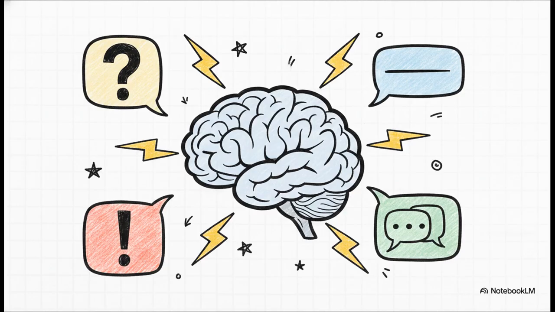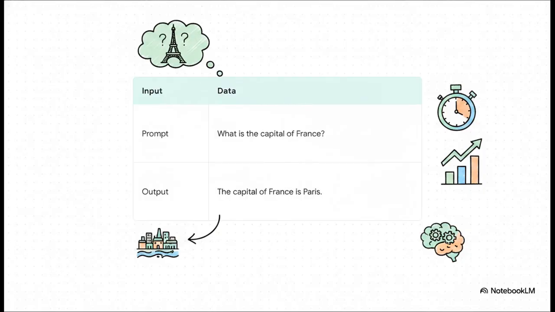Now, we want the model to just give us the name of the capital city. But which of these phrasing options will give us the most efficient, accurate answer without any extra fluff? Well, let's test them out. So, for our first test run in step 2, we use the prompt, what is the capital of France? The AI outputs, the capital of France is